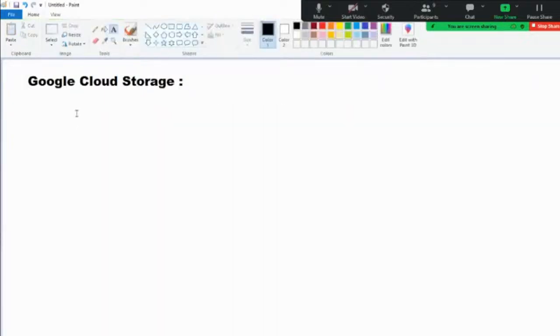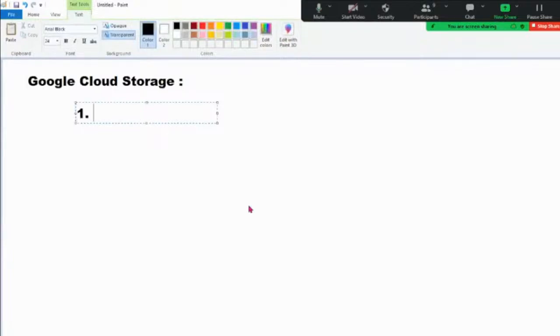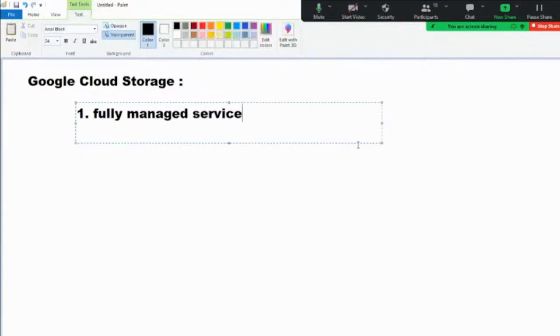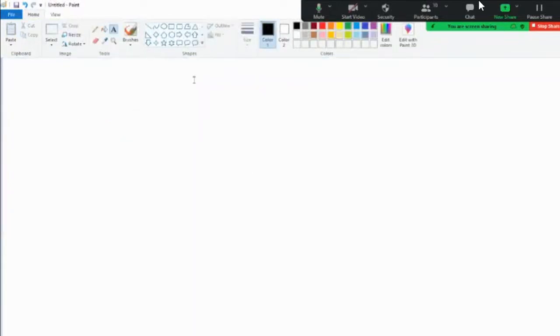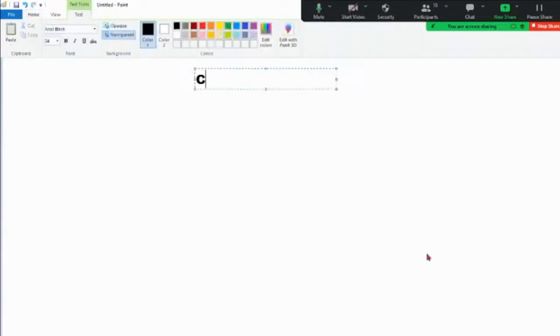Okay, so Google Cloud Storage is one of the fully managed services in the GCP. What do you mean by that, sir? What is meant by a fully managed service? I want you to understand what is meant by fully managed. For the very first thing, I will try to tell you, sir, if you go to any cloud platform,